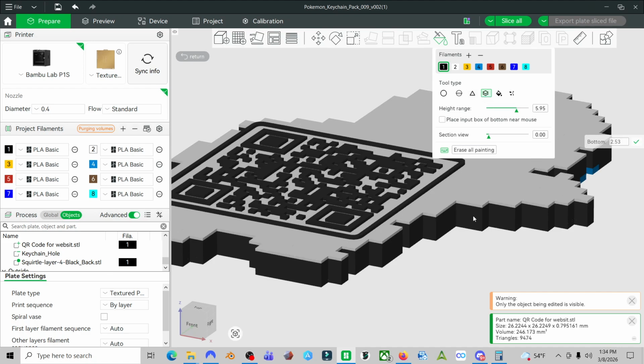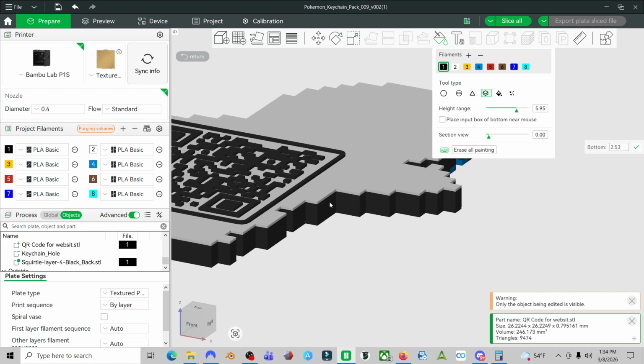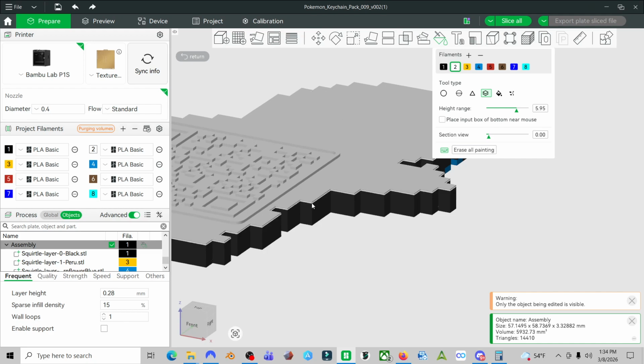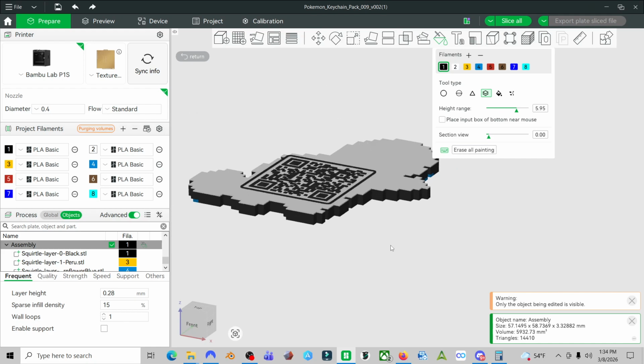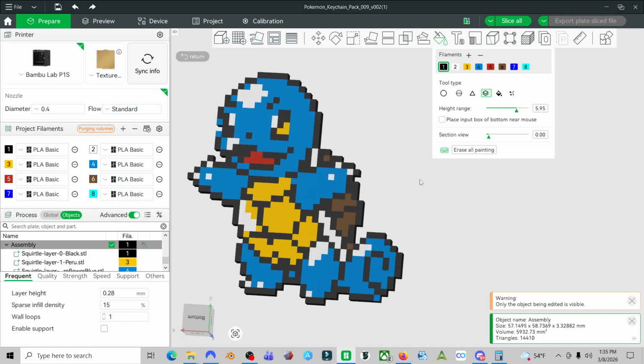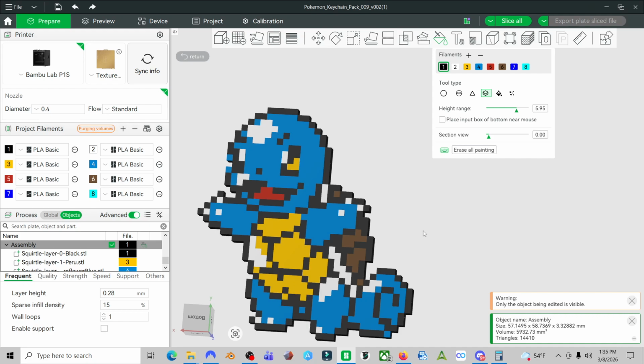Boom, boom, boom, boom. Why is it not showing? There we go. Boom. I always go about 1 or 2 layers underneath it. And boom. Now your QR code is on your little keychain